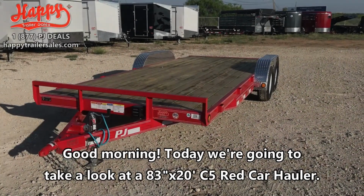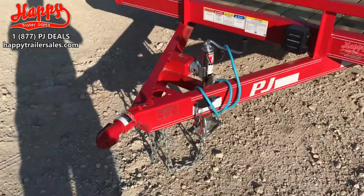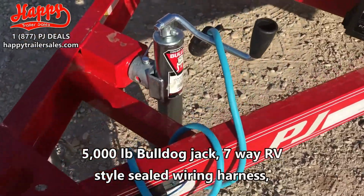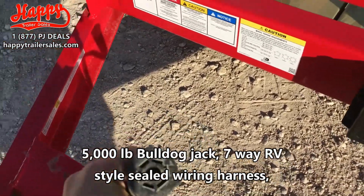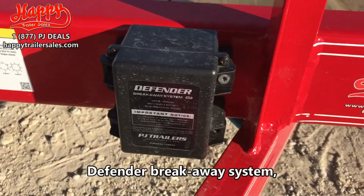Good morning. Today we're going to take a look at an 83 by 20 foot C5 red car hauler. Over here you see the sleeve lock Bulldog coupler, 5,000 pound Bulldog jack, 7-way RV style sealed wiring harness, Defender breakaway system,